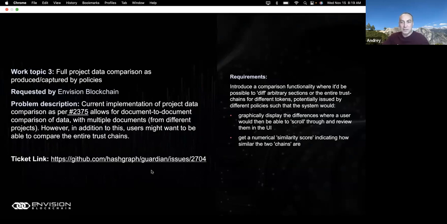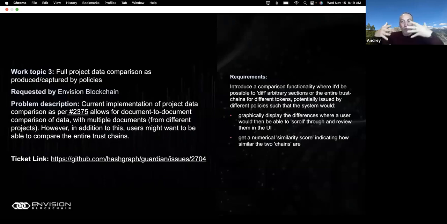So at the moment in Guardian, you can compare documents that are produced by a policy or different policies, and the Guardian will intelligently compare it, not syntactically, but semantically, and ignore the irrelevant elements like IDs. For example, of course, you can switch on the ticket there saying compare IDs as well, but by standard, it will highlight the differences for you and will create a sort of similarity score.